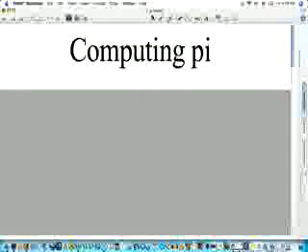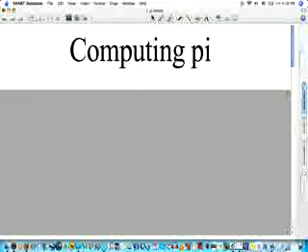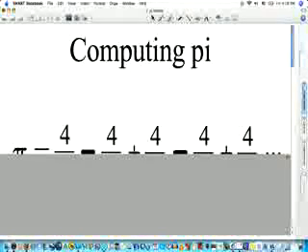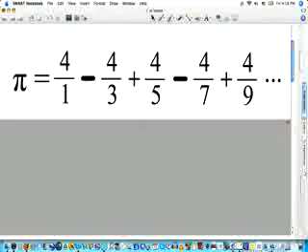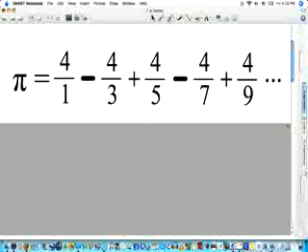So how do you compute pi? How do they get pi out to hundreds, millions, even trillions of digits? Well, it turns out there are several algorithms for doing this. One, not a very efficient method, is the sequence 4 over 1 minus 4 over 3 plus 4 over 5 minus 4 over 7 plus 4 over 9. Of course, this is an infinite sequence, but as the terms go on and on, the approximation to pi gets closer and closer to the actual value.